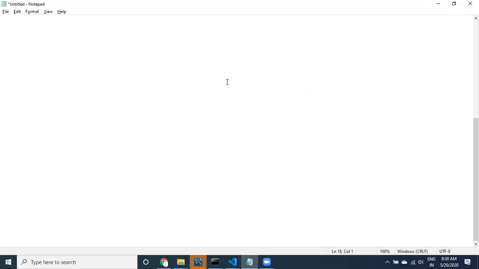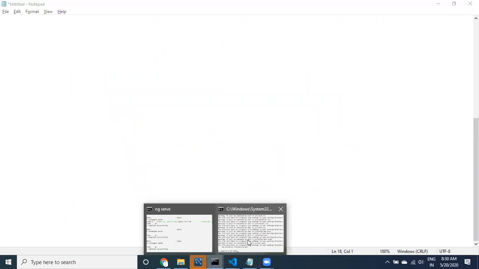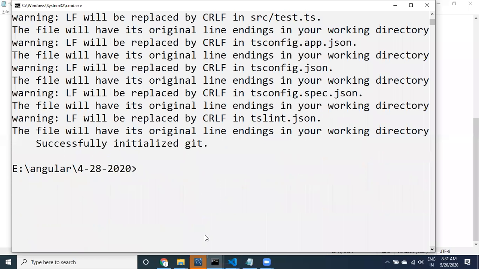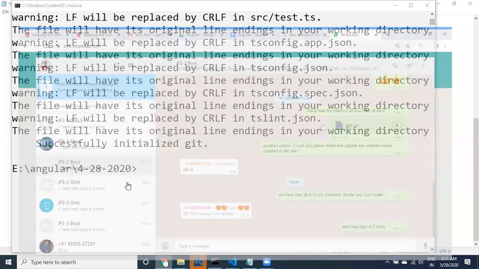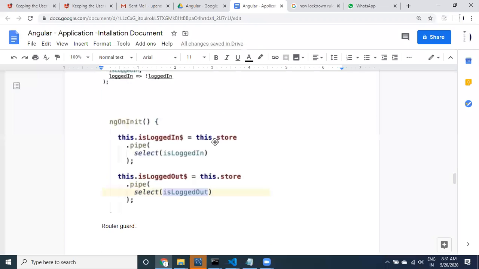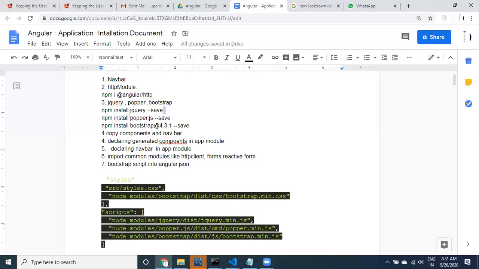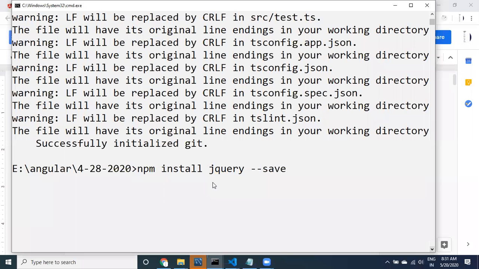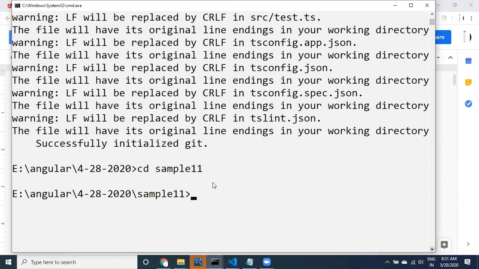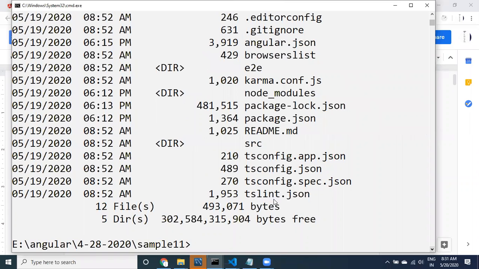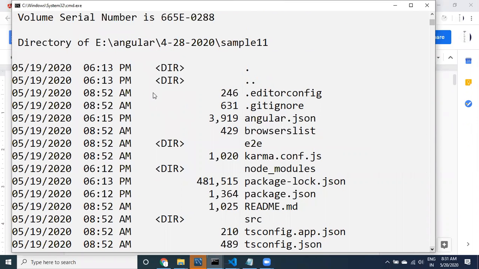Okay, let's look at it, guys. First, very soon, I just want to provide this information, right? So this is ready. And then I have to install, what are the things I have to install? See here, I have to install Bootstrap related, because this is npm. Sorry, to install this, first of all I need to enter cd sample 11, I guess. Yes, dir, sample 11. It has been created just now, right?